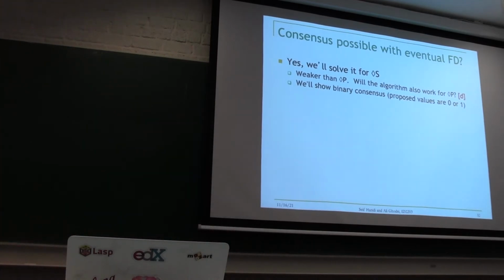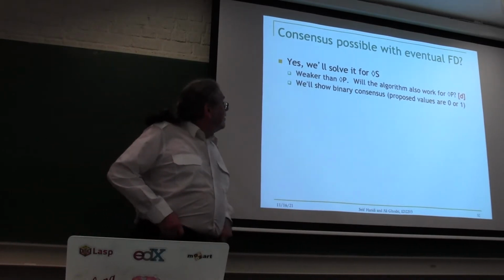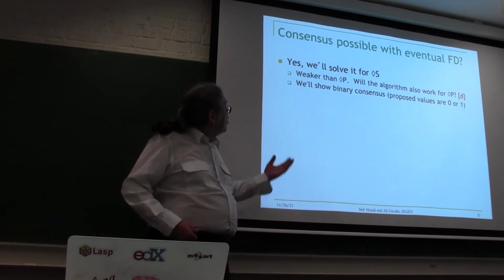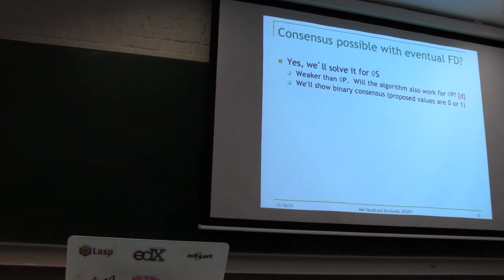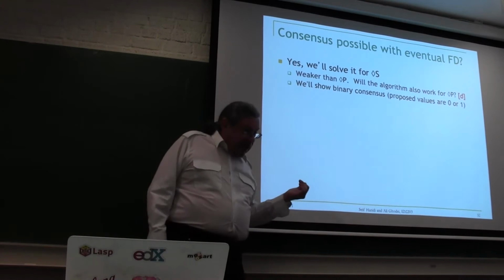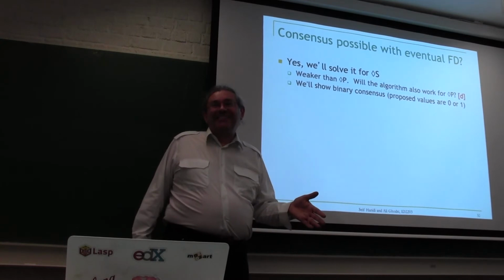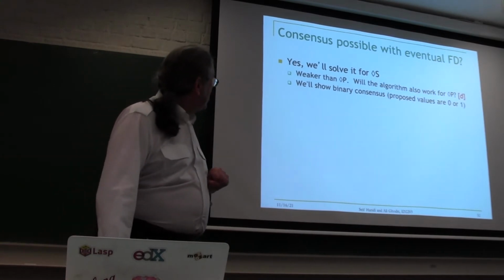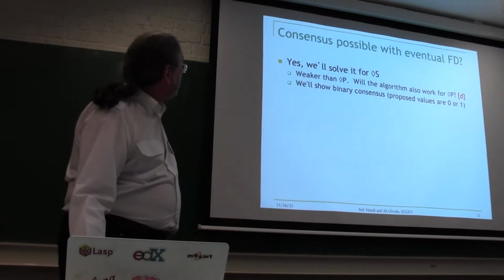Let me let you think about that. Actually, it should not be so difficult, right? So I have now an algorithm that stops making mistakes for all nodes. So clearly, it will stop making mistakes for one node. Okay, look. Let me let you think about that. I'm going to show you an algorithm now that works for eventually S. And then we'll talk about eventually P.